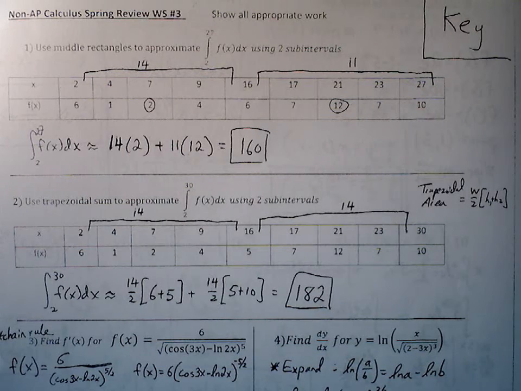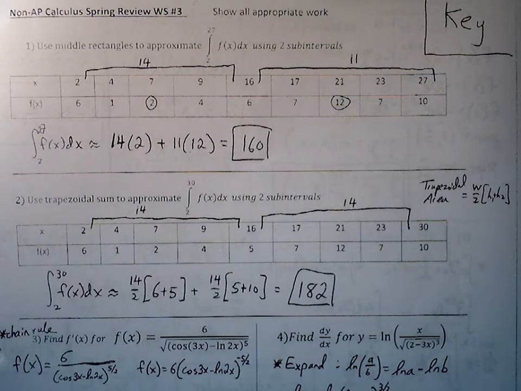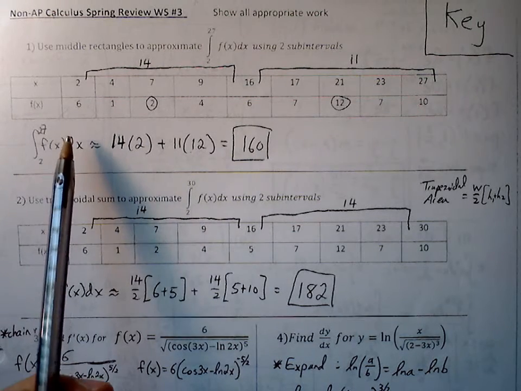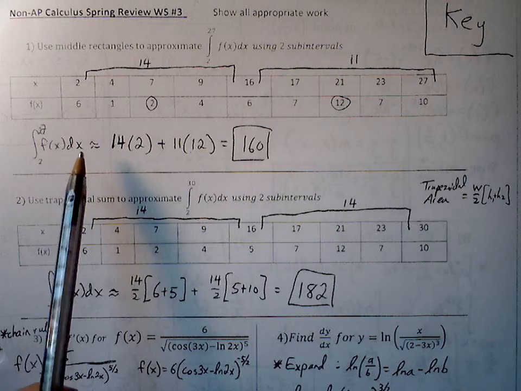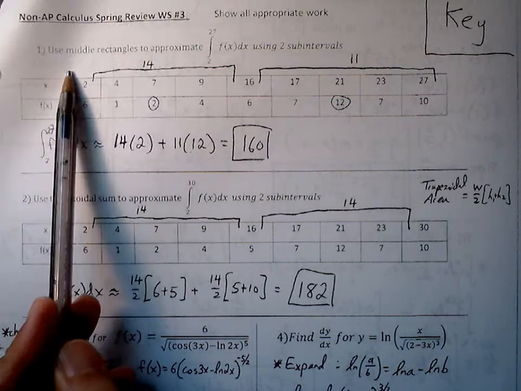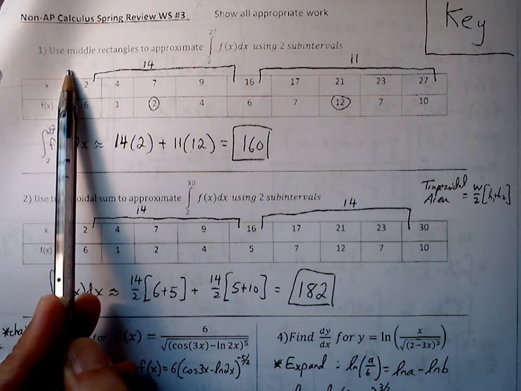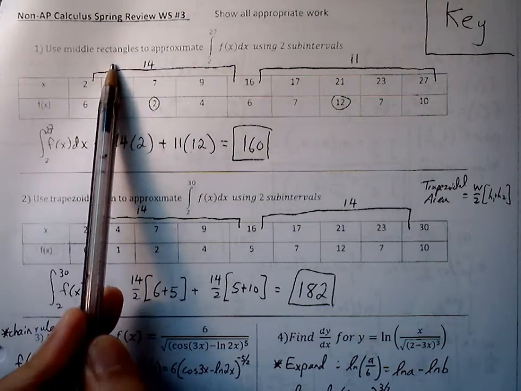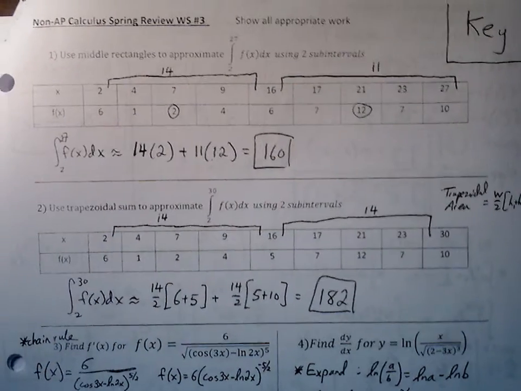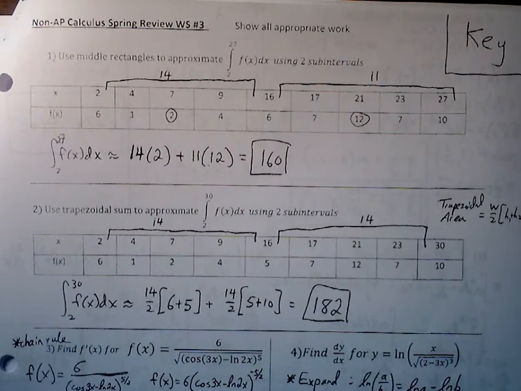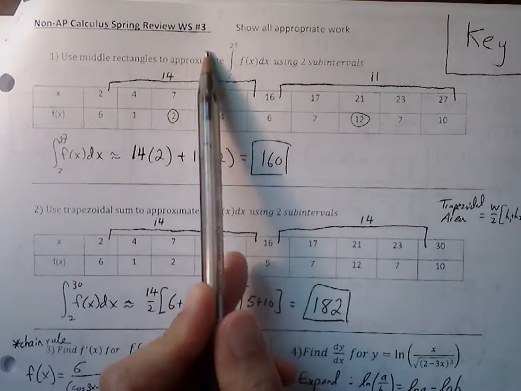This is the non-AP Calculus Spring Semester Review Worksheet 3. Number 1 and 2 involve Riemann sums, so trying to use rectangles to approximate the area of a region. For number 1, we want to use middle rectangles to approximate the region between 2 and 27 using